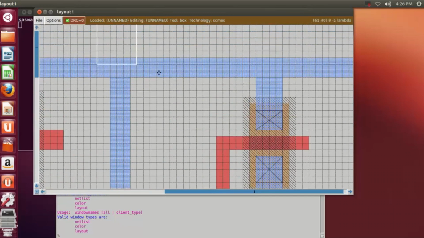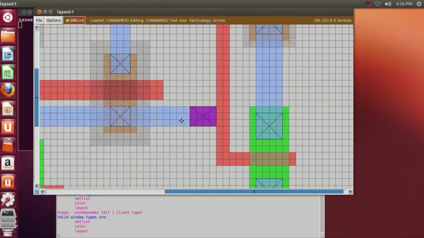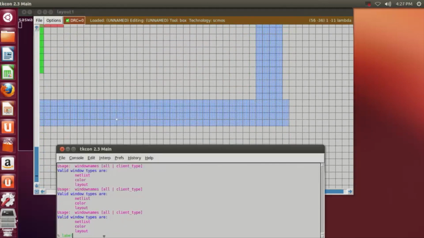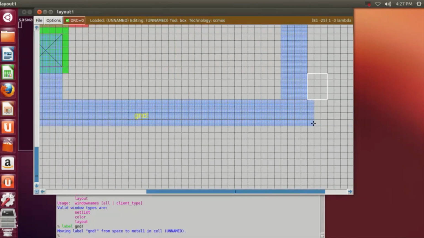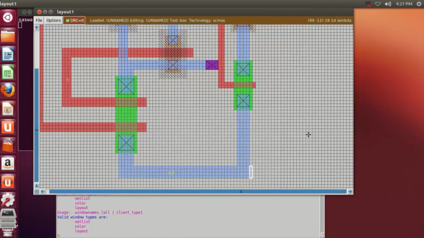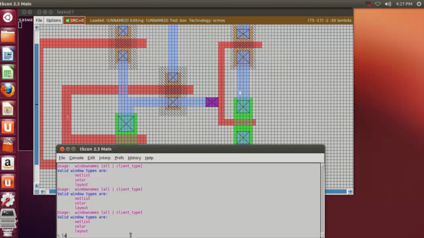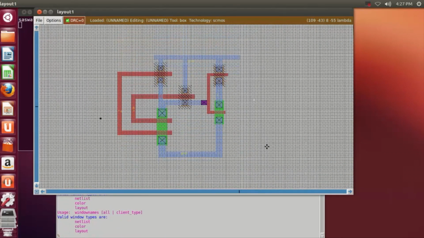You have to name this VDD. Label VDD. Label ground. We don't need this portion, so we can remove it. So this is the whole layout. We have given the input and this is the output. Label white. So this is the whole layout. This is the layout of a NAND gate